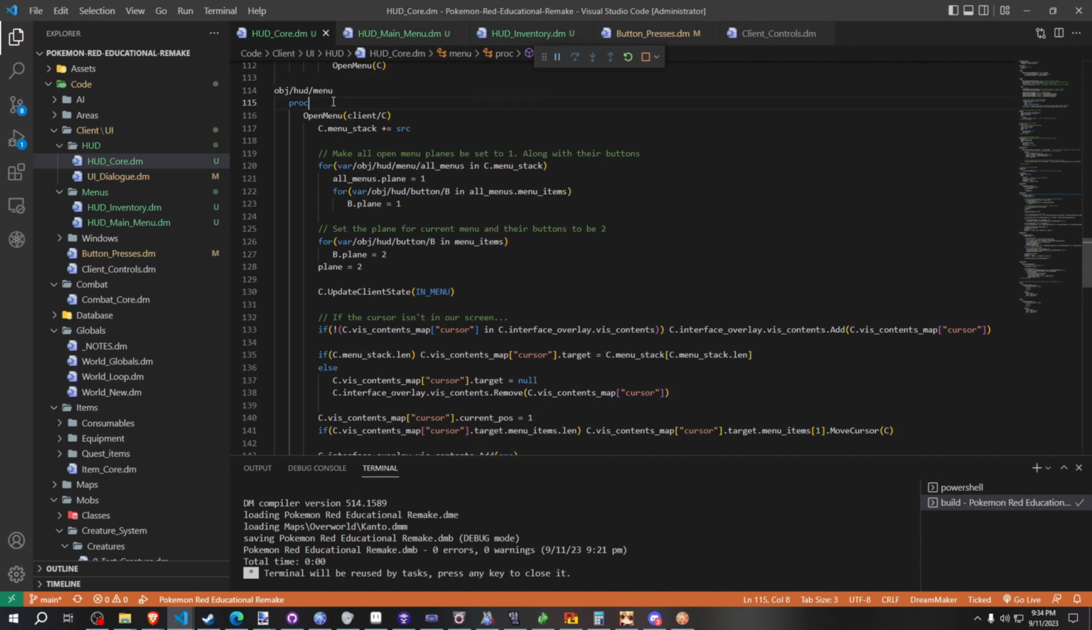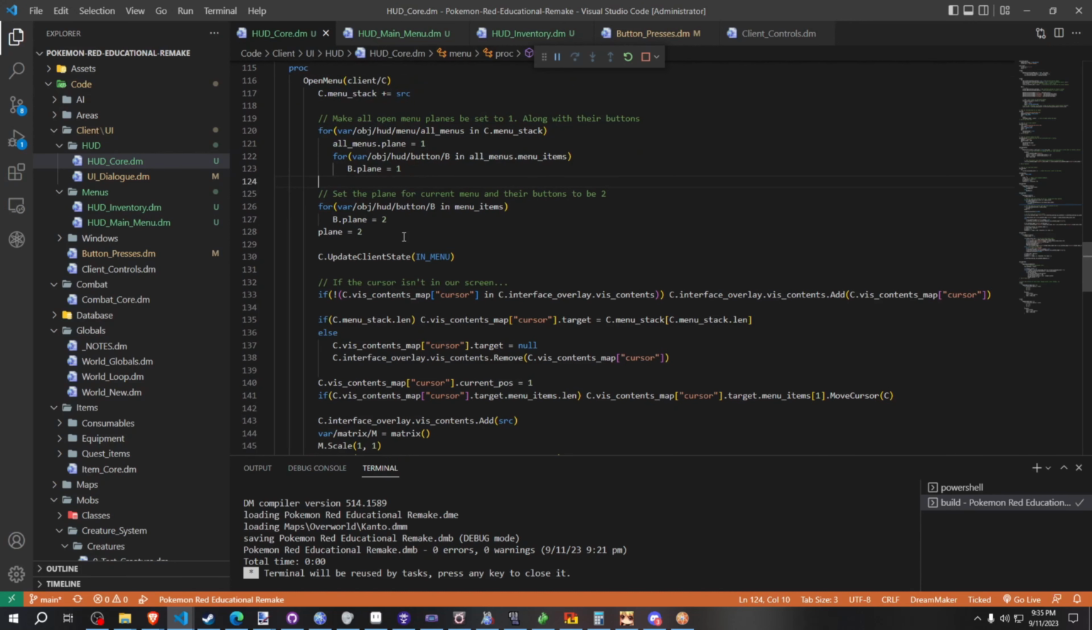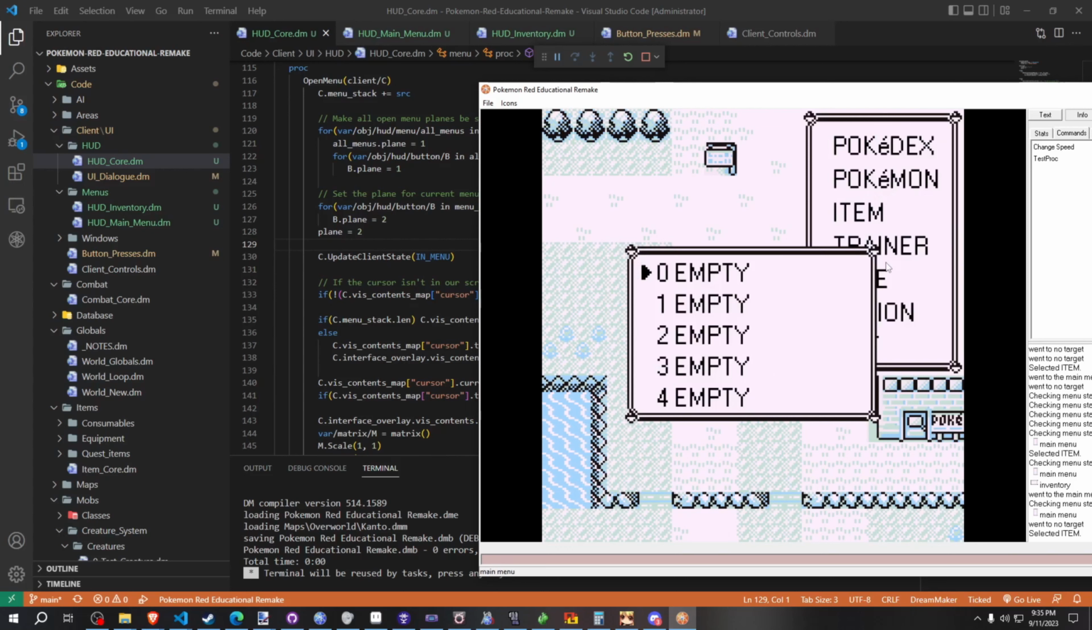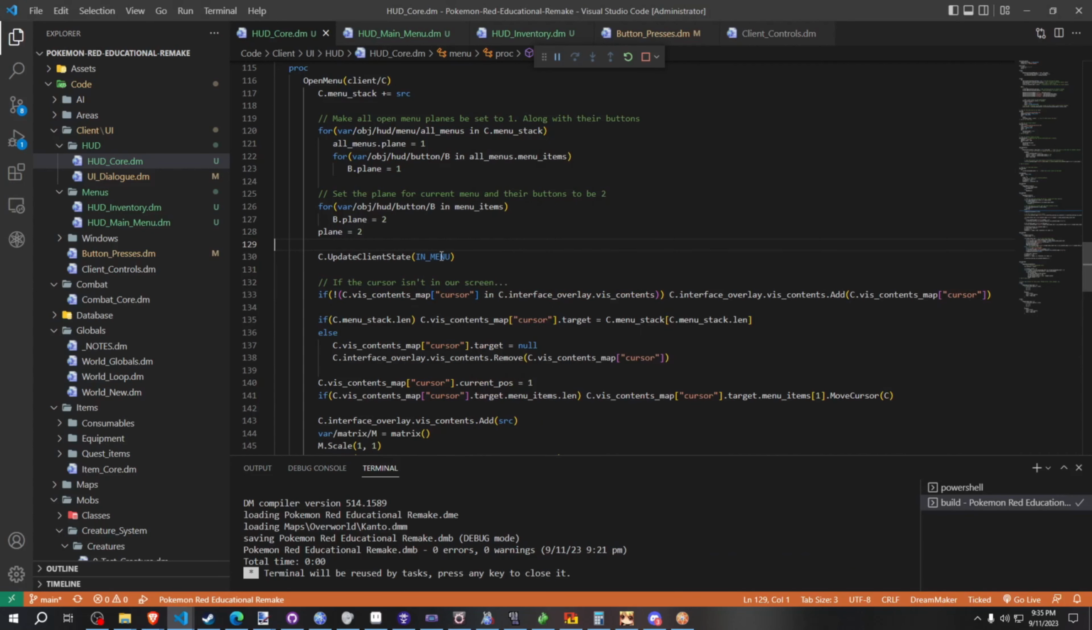So now we have our open menu proc, and this is called every time we need to open a menu. We're just going to run through here, and I just quickly reorganize the planes for the existing menu so we know the latest menu will always appear on top and everything else will be below it. And then we just need to tell the client, hey, we're in a menu now, because we just opened a menu, which is how we determine